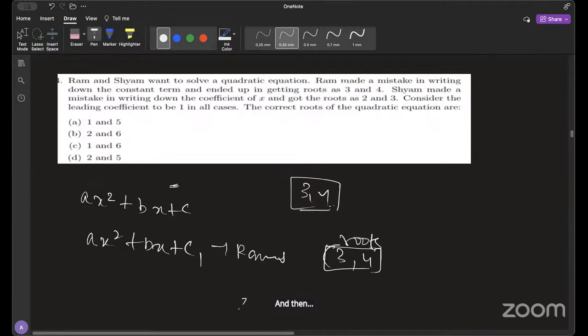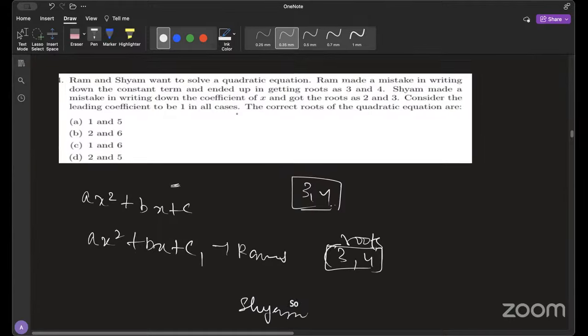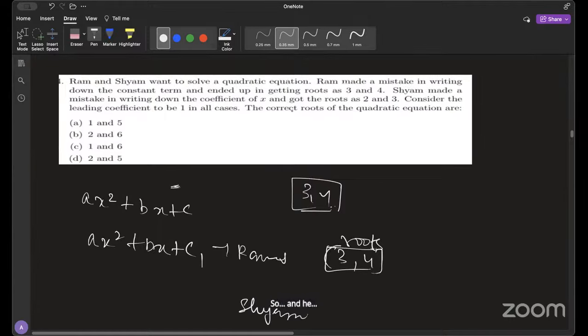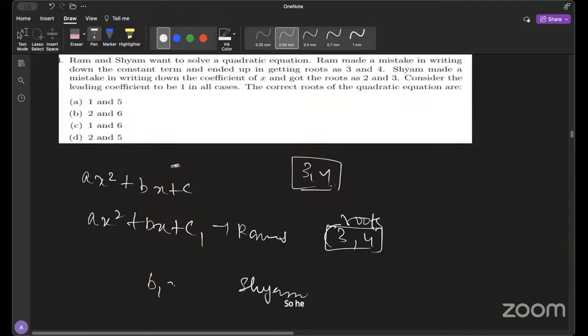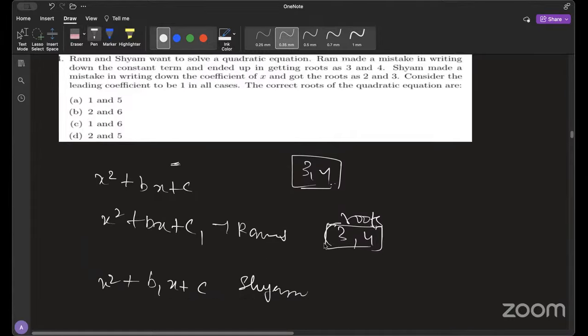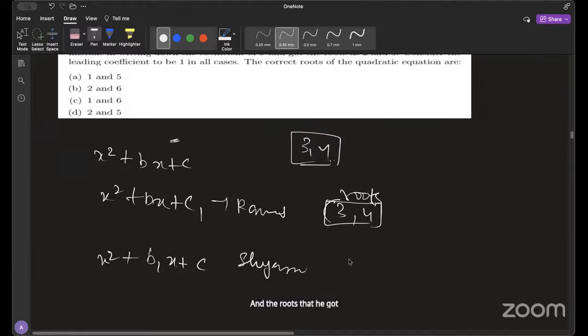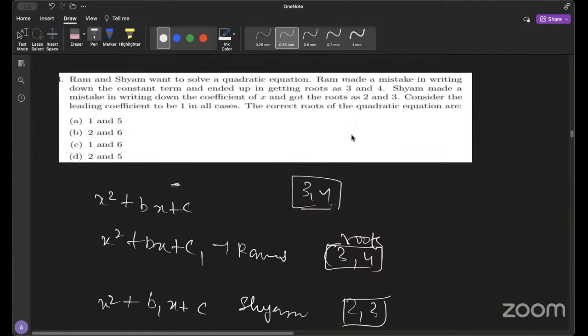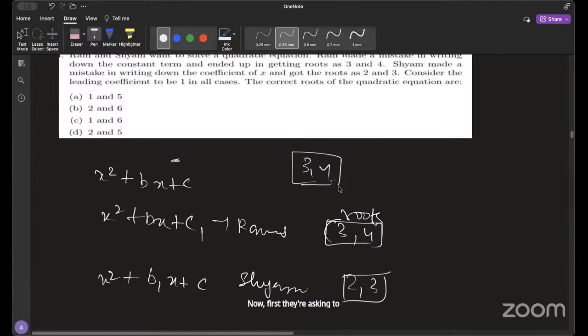Sham also made a mistake. He noted down the coefficient of x incorrectly. So he made a mistake here. The leading coefficient is given to be 1, so you don't have to take this thing, it's 1. And the roots that he got were 2 and 3. Now first they're asking to find the correct quadratic equation, and then